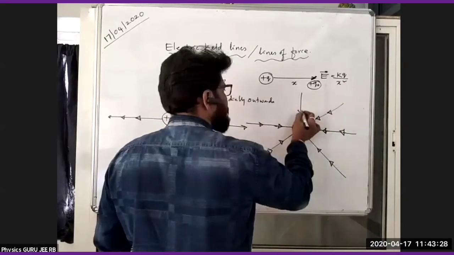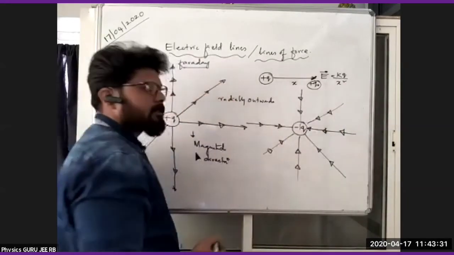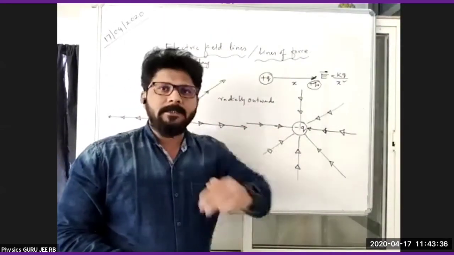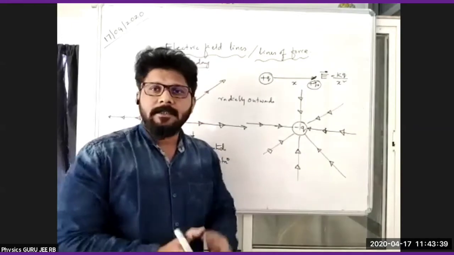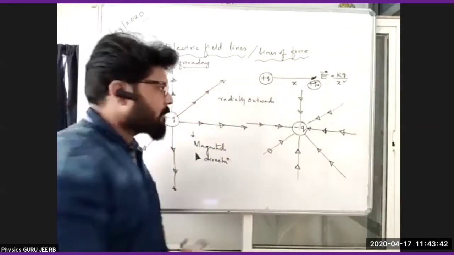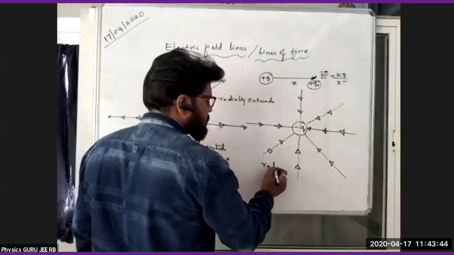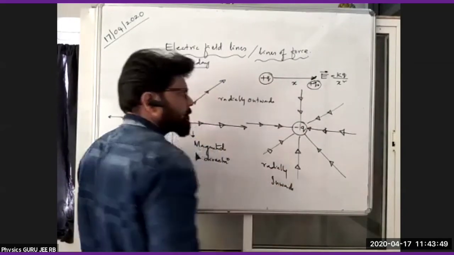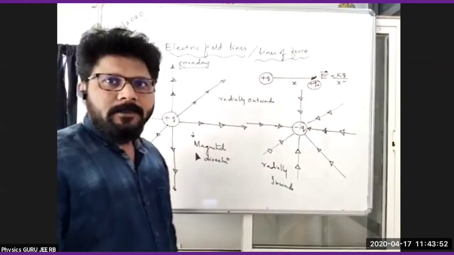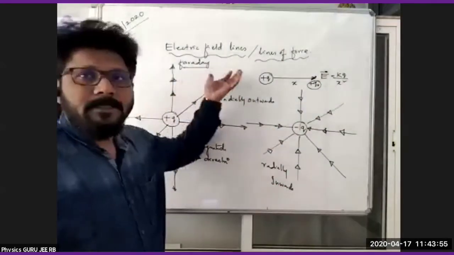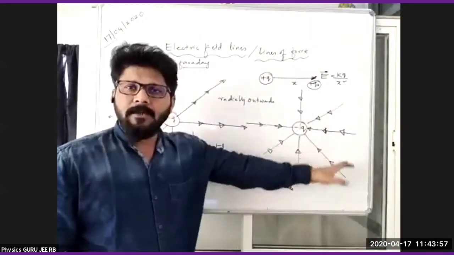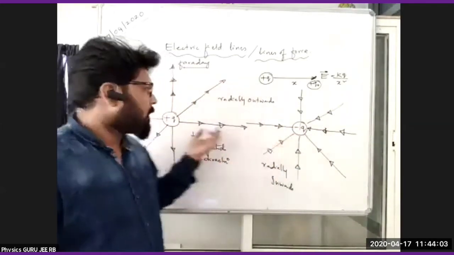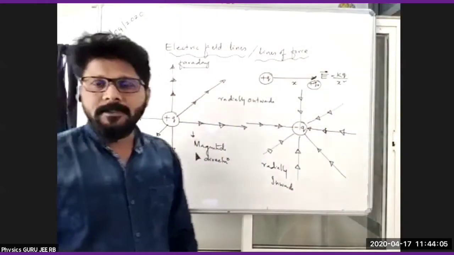That means he placed test charges at different positions, and he tried to draw a line from that test charge to the positive test charge. This is nothing but electric lines. So here, if you see, it is radially inwards for the negative charge. Initially when Faraday explained like this, he kept the arrow marks, and electric lines of force are towards the negative charge and away from the positive charge, right?